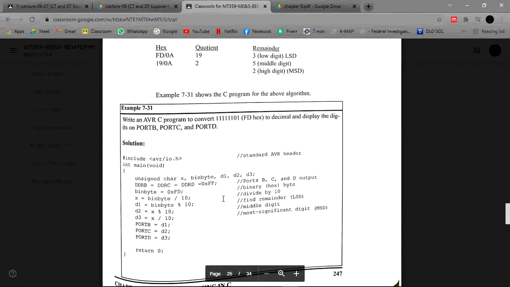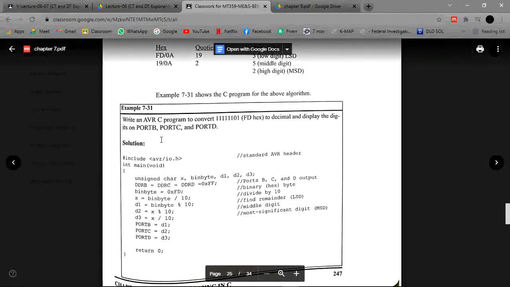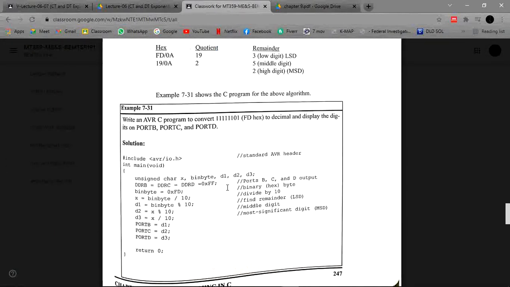Now in this example we are writing an AVR C program to convert FDH to decimal and display the digits on ports B, C and D. First of all, we have to declare all the characters and the bin byte and digits D1, D2, D3, and with the help of the direction register we set the output to ports B, C and D. After that we declared the data bin byte, which is 0xFD,